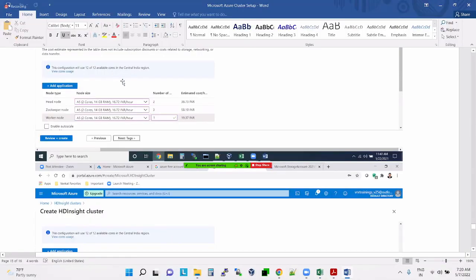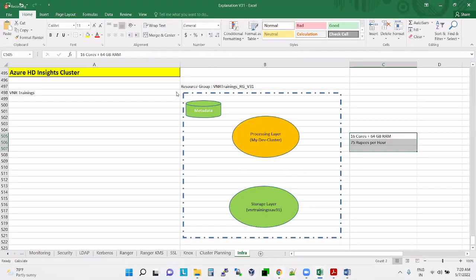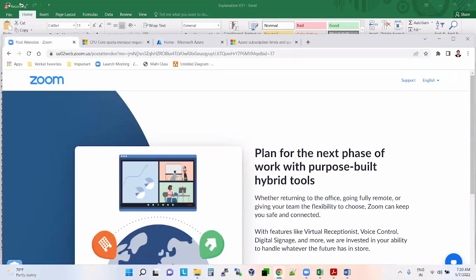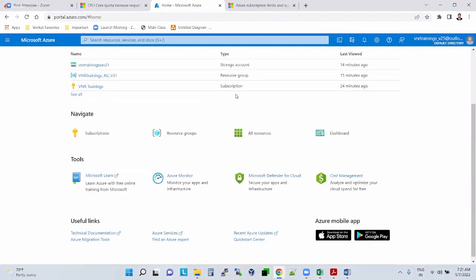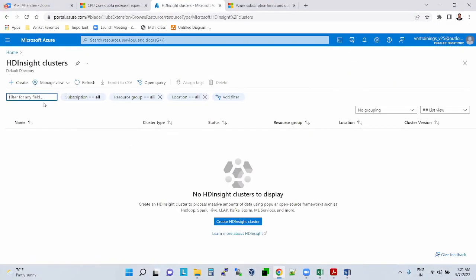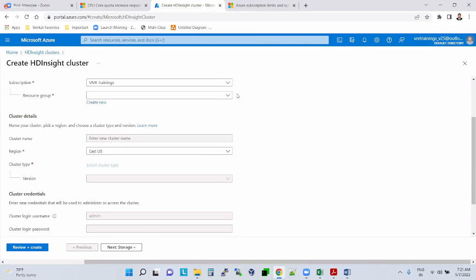Okay, we'll try once again. HDInsight clusters, create. Okay, resource group, we have an existing resource group.